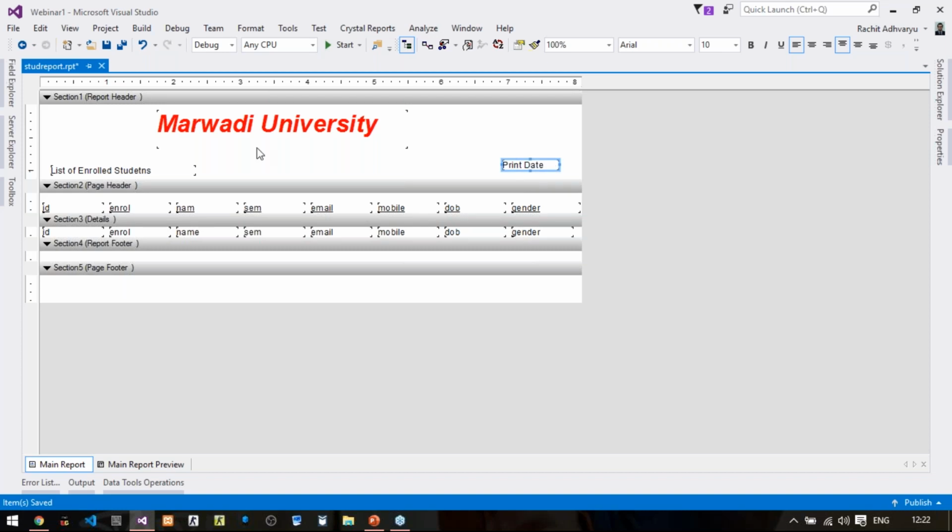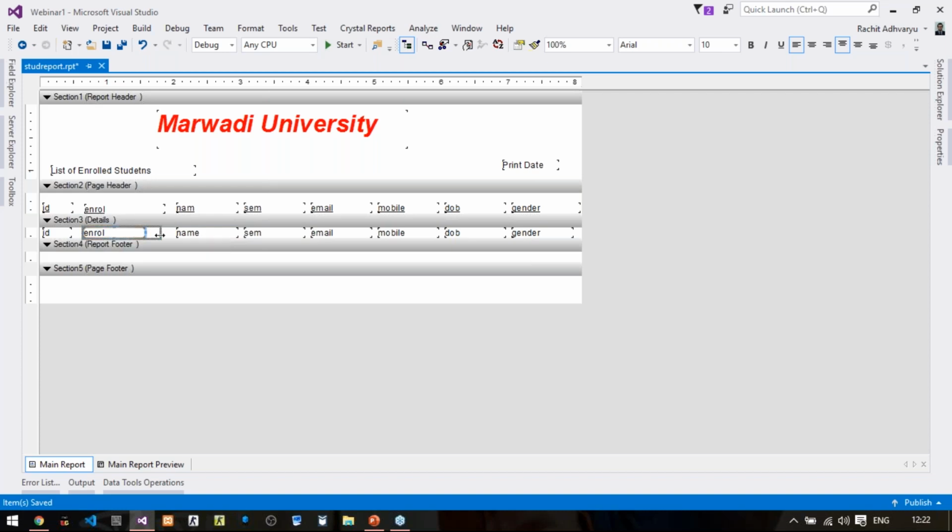I'm just restructuring my report so that it can be viewed very properly. And let us say I'm creating one more text box object here.